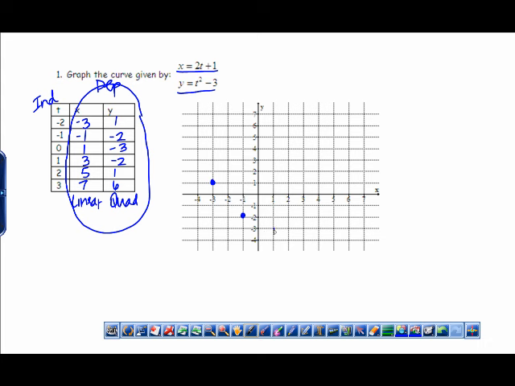And so 1, negative 3, 3, negative 2, 5, 1, and 7, 6. I plotted these points in this particular order as the t values were increasing. Okay, this is the order that my parabola follows, and the result here is a parabola. Now, I'm putting these arrows where I'm putting them. It doesn't matter so much that you put them exactly in between the points. I'm just saying I put them along the way so that you could see that this is the path of